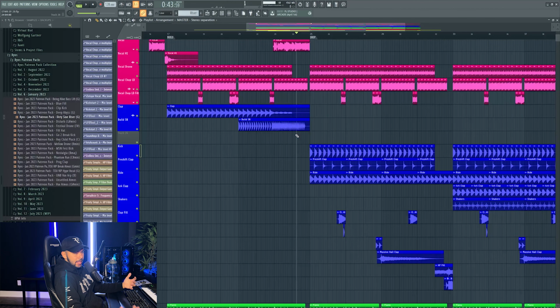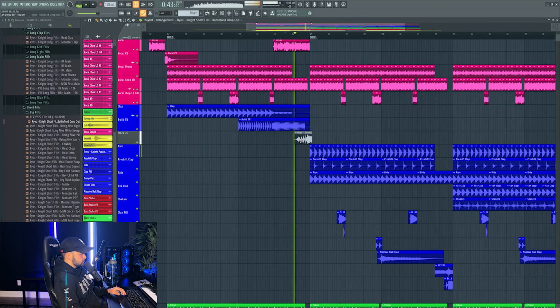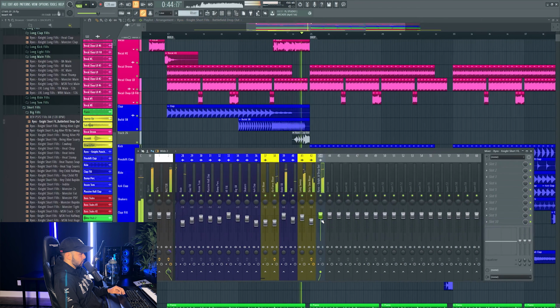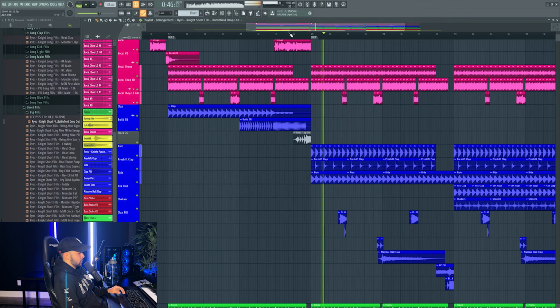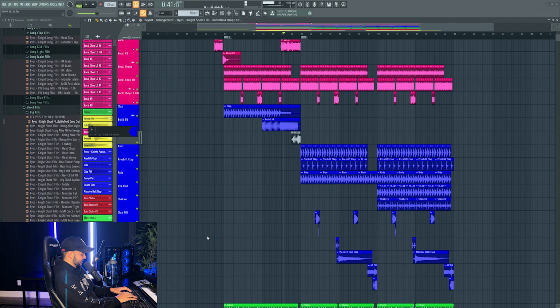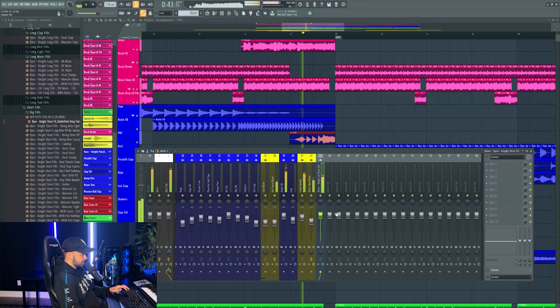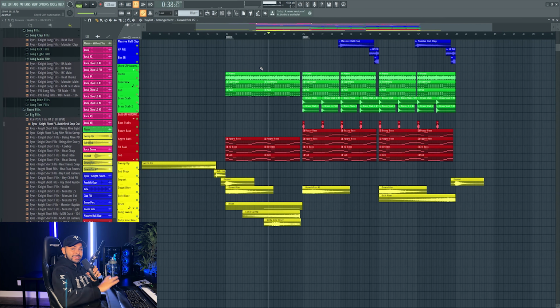All right, next, we got to get a pre-drop fill going. Wait, this fill actually sounds sick. I've never used this as a pre-drop fill. I usually use this as an exit fill to take me out of the drop, but leading into it, it actually sounds sick here. All right, so the pre-drop fill sounds great.